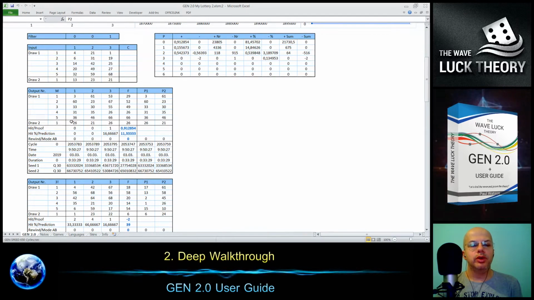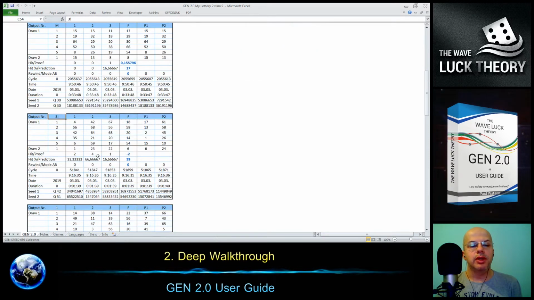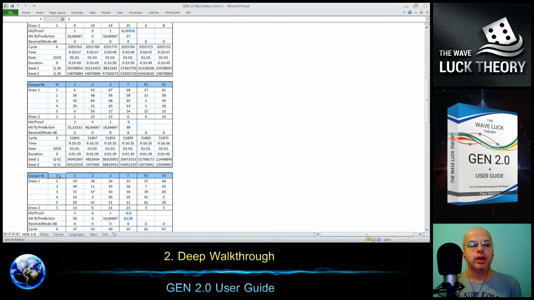So all the output boxes are the same with the same things but with different results. So we have the number of the output box. It can be marked by M like the monitor. It can be marked by an exclamation sign representing the best result, and then it's marked just by the number of the result.